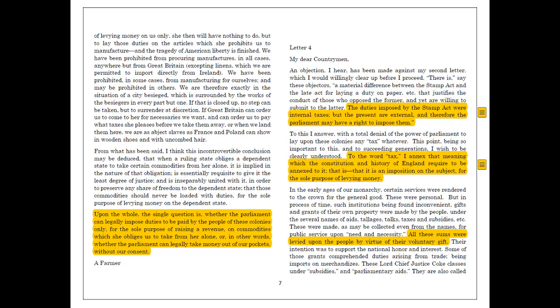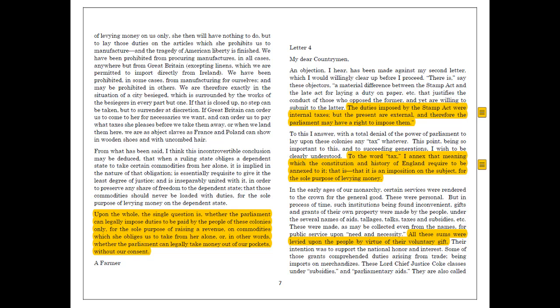He follows, "To this I answer, with a total denial of the power of Parliament to lay upon these colonies any tax whatever. This point, being so important to this and to succeeding generations, I wish to be clearly understood. To the word tax, I annex that meaning which the Constitution and history of England require to be annexed to it. That is, that it is an imposition on the subject for the sole purpose of levying money." In evoking the Constitution and history of England,